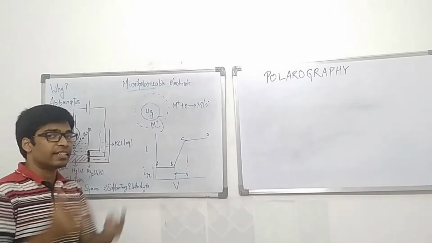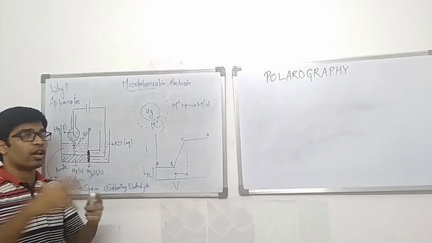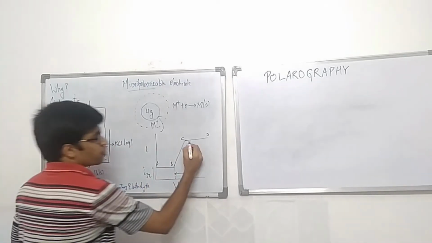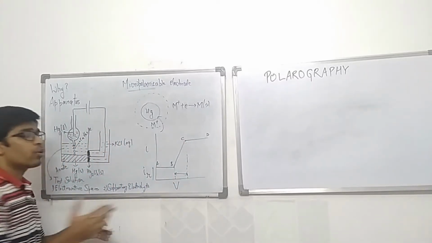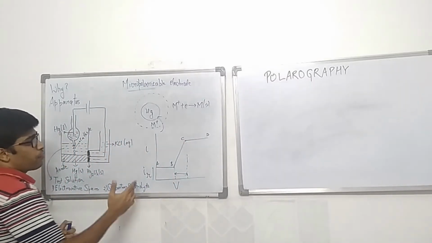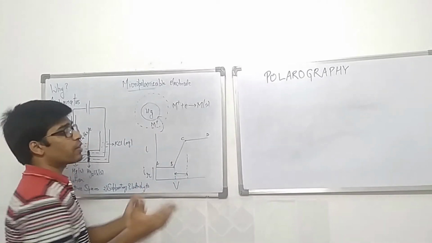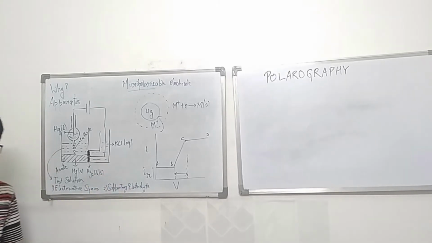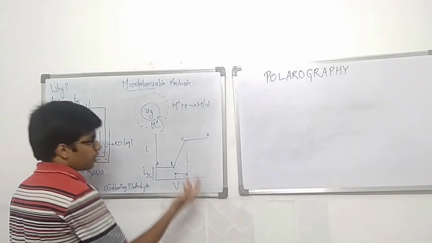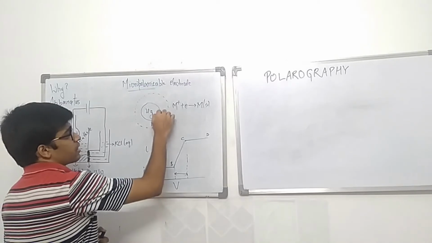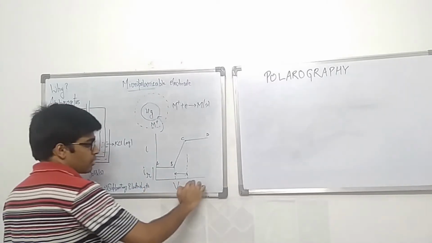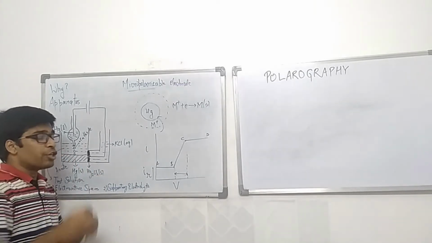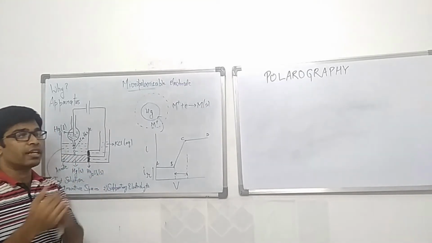That means there is lower residence time, that means the ions stay for a lesser amount of time on the surface of the mercury drop. And after reaching this point, there is no more deposition. Again, you can think of it in two terms. First of all, after reaching this point, there is no more surface of the mercury drop available for the deposition of the electroactive species or the metallic cations. And in other terms, since the residence time was decreasing as you increase the potential, the time for which the ion stays on the mercury surface is decreasing, you will reach a point where the time cannot be decreased further.